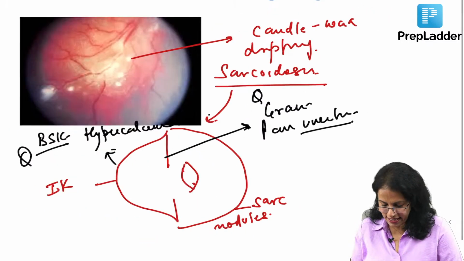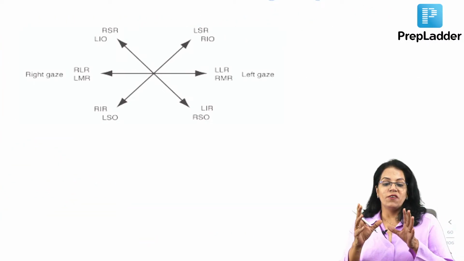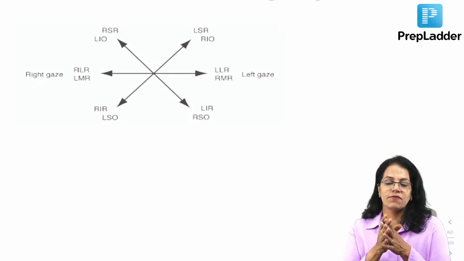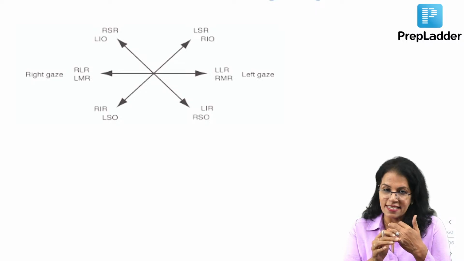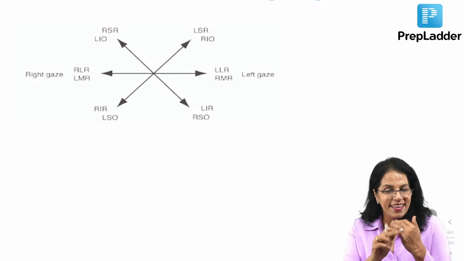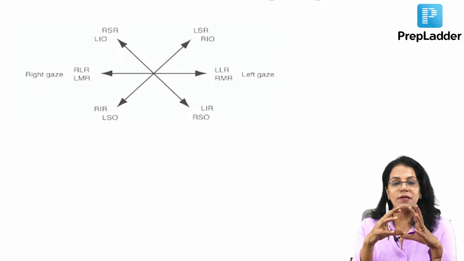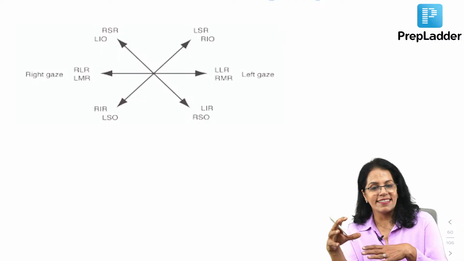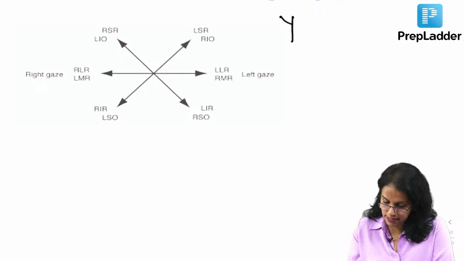We come to the next image. So the basics of action should be absolutely clear. That is the purpose for me to include this image, to let you know that you have to revise the action of muscles, the way I taught you. Vertical, horizontal. Horizontal you all know is simple. Vertical, remember, is SIN and RAD. Superiors are intorters, recti are adductors. And when you talk about these yoke muscles,